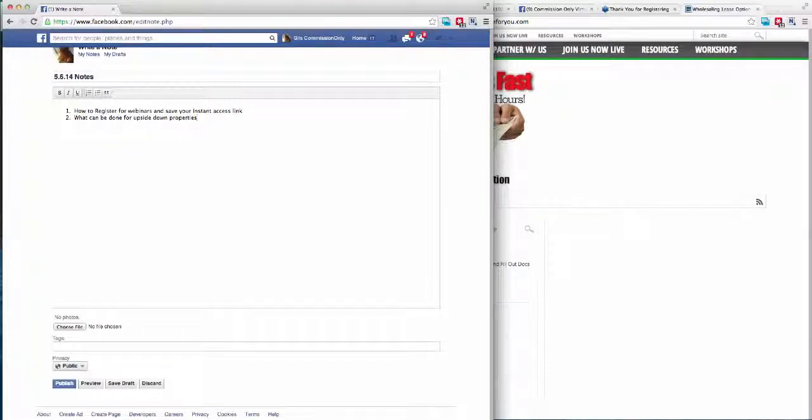Now, if you are going to be working with upside down properties, make sure you have a specialist that has done these upside down deals or knows how to structure them. Bill is open to consultations and partnering up on these particular transactions if you do come across it. Ideally, this isn't the most ideal situation to structure a deal, especially if you're brand new, right? So definitely work with a specialist or somebody that has experience handling these.